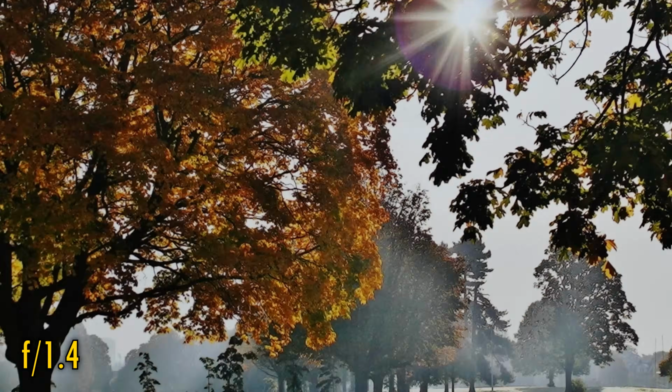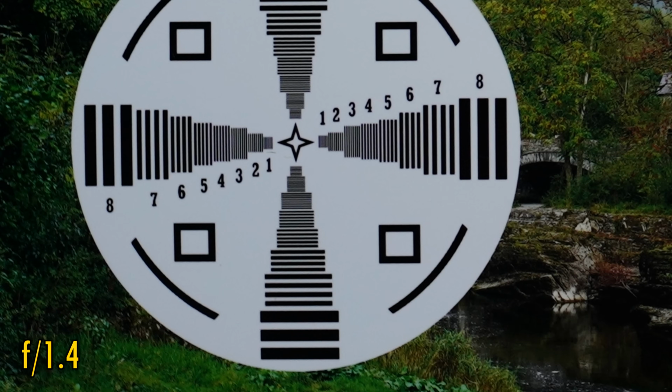Nice. And the image corners? Wow, even at f1.4 the image corners are almost as good. This is incredibly impressive for such a groundbreaking lens. The image inner corners is a little dark, but just look at that sharpness and contrast, and total lack of